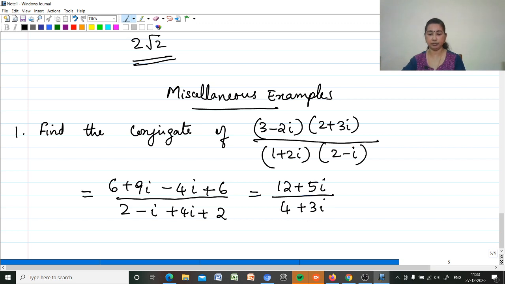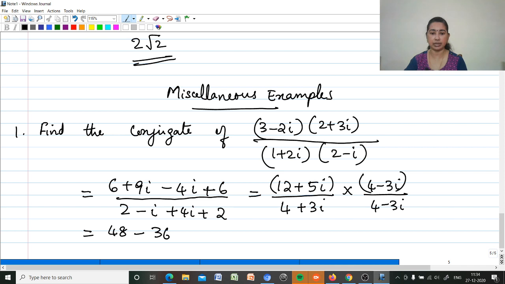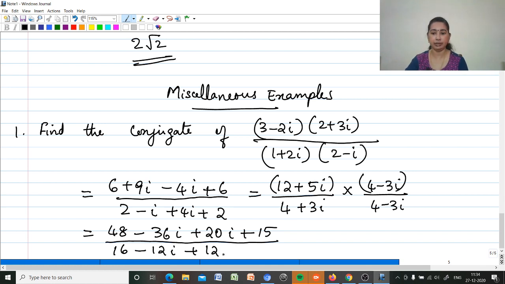Since in the denominator complex number is coming, we have to multiply by the conjugate, that is multiply by 4 minus 3i in the numerator and in the denominator. So here again we have to open the bracket, multiply these two. So 12 into 4 is 48 minus 36i plus 20i minus 15i square. So plus 15 whole divided by 4 into 4 is 16. 4 into minus 3i is minus 12i plus 12i, then minus 9i square is plus 9. That's equal to 48 plus 15, that is 63 minus 16i divided by 12i minus 12i getting cancelled, remaining